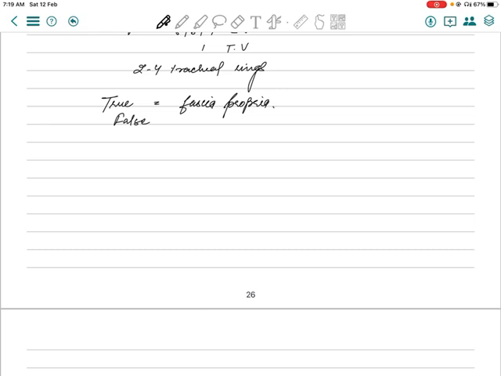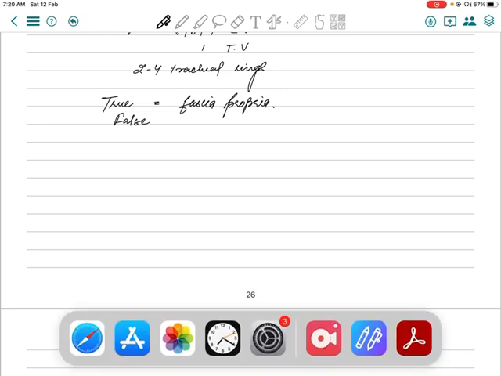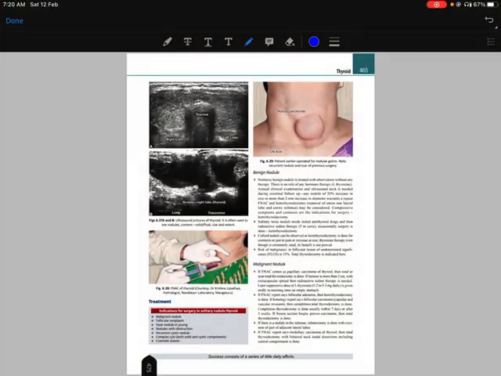And the false capsule is derived from the pretracheal layer of the deep cervical fascia. Its thickened portion on the posterior medial aspect of each lobe is called the ligament of Berry. So if we look at the thyroid gland,